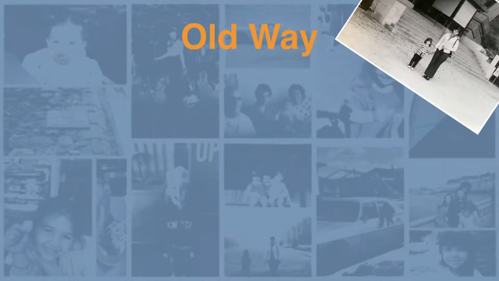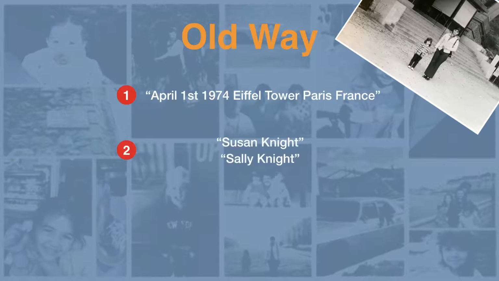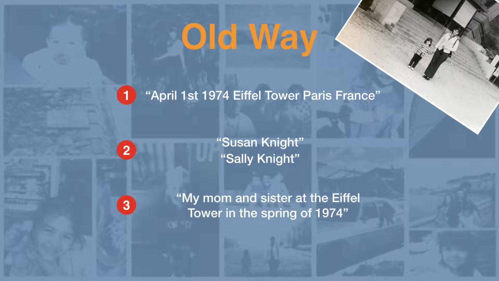Our old workflow involved a bunch of steps. First, you had to give us the date and location through the online recognition engine. Then you had to say each name one by one for all the people in your images. Finally, you could edit each image in the gallery and then add a description that could be embedded into each